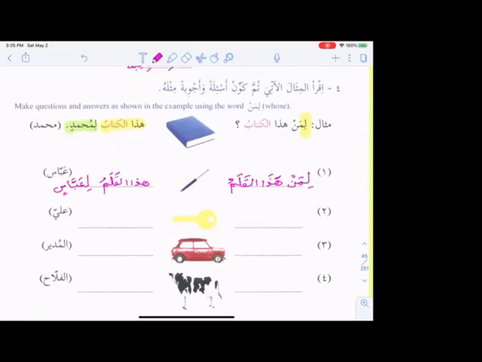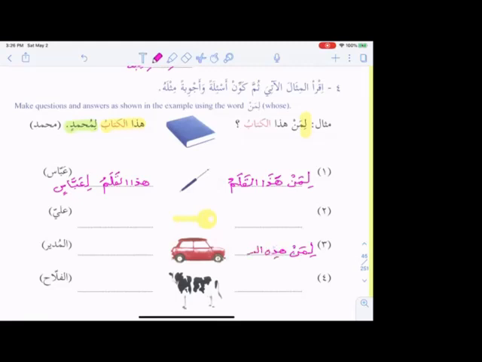Halfway through the course, you will not understand anything. Okay. So what is this, my brother? Key. So what will you say? Liman hazal miftahu. I beg your pardon. Liman hazal miftahu. Hazal miftahu. So what will be your answer? Hazal miftahu li aliyin. Now you will say here, that was hazal miftahu, hazal kitabu. Now what will you say? Liman hazihis sayaratu. You will say, I write down liman